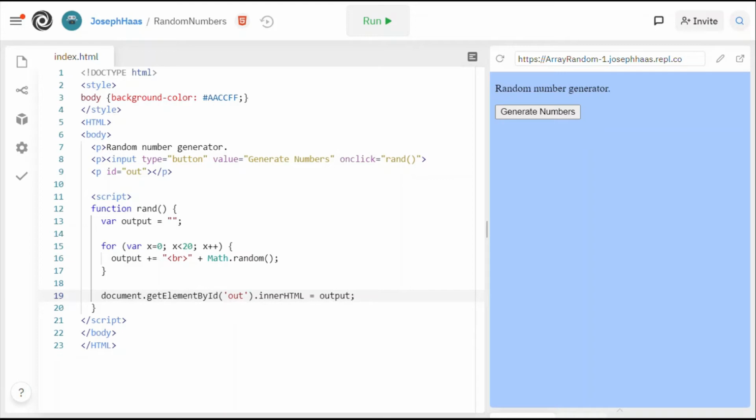In this video, I'm going to talk about generating random numbers in JavaScript. So here I have a little bit of code. I have a button right here, and when I click it, it runs my rand function. Now my rand function just has an output with nothing in it, and then it has a for loop which repeats 20 times, from 0 to 19, and I keep adding to my output a line break and then